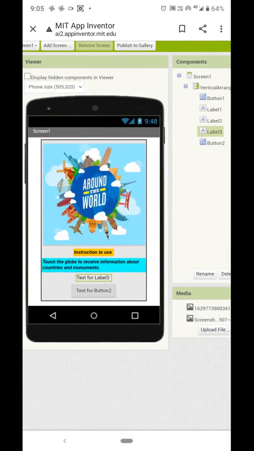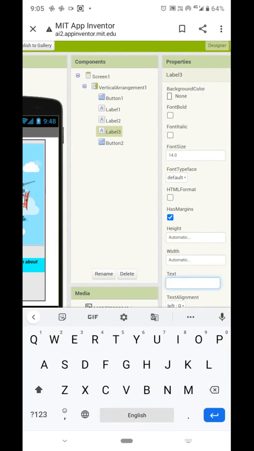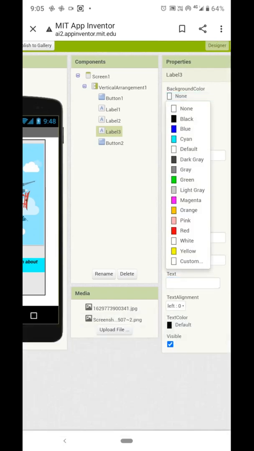Now click on the third label. Don't type anything, just erase the text and apply background color pink.